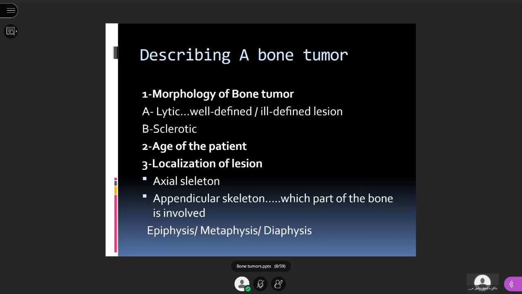Okay, so we will describe the structure and morphology of the bone tumor, whether it is a lytic tumor. Lytic, by literal meaning, means destructive, right? But here I'm talking about the appearance. The appearance will be either lucent, black, which is called lytic, or it will be white, opaque, which in the musculoskeletal system means sclerotic. Okay, white, right? So lytic can be further subdivided into whether it is a well-defined tumor or